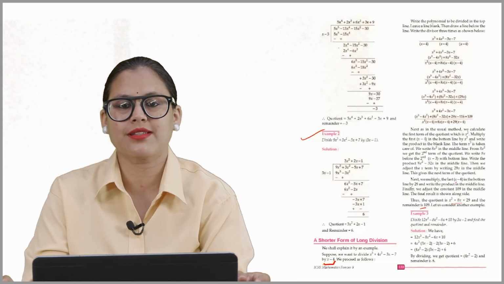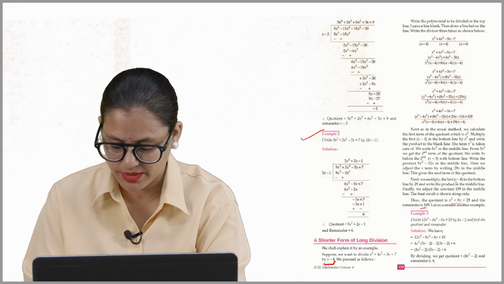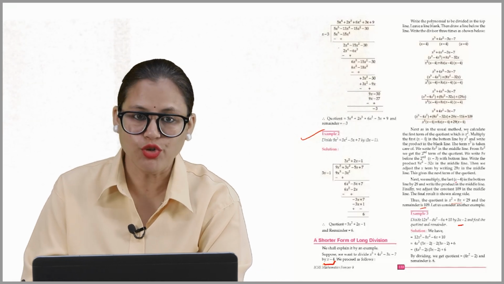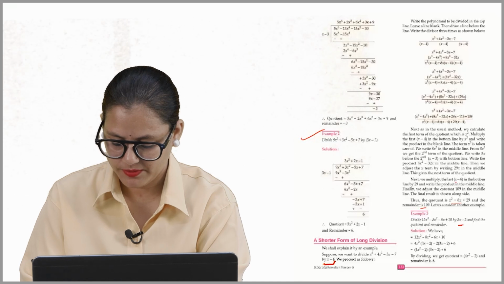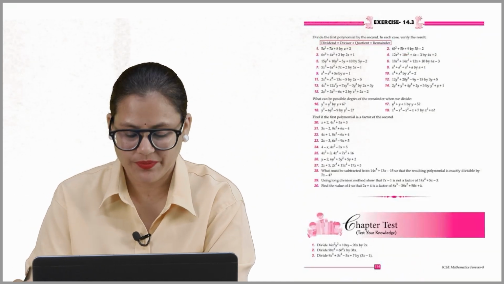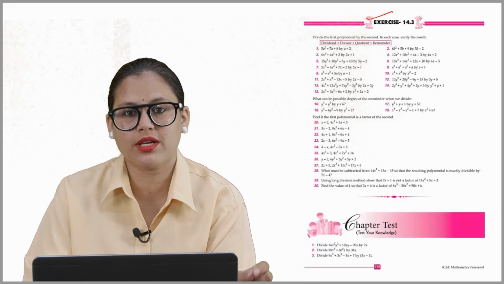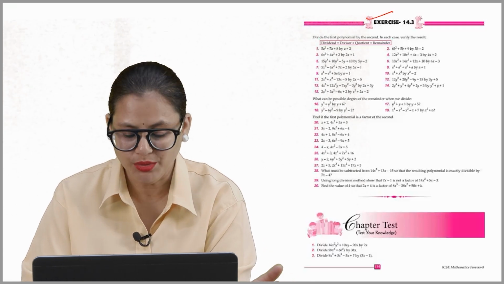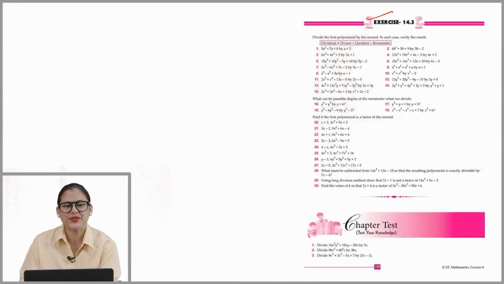So here is an example given. We have to divide this term by 3x minus 2 using the shorter form of long division. Now let's do exercise 14.3. Divide the first polynomial by the second. In each case, you have to verify the result. You know the formula: dividend is equal to divisor into quotient plus remainder. So let's divide